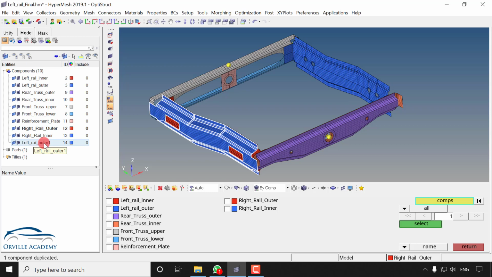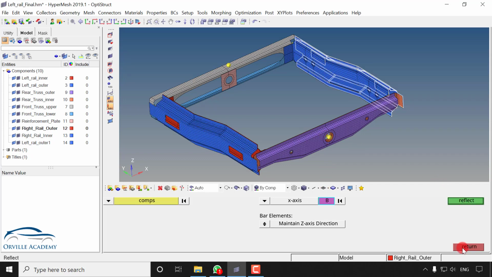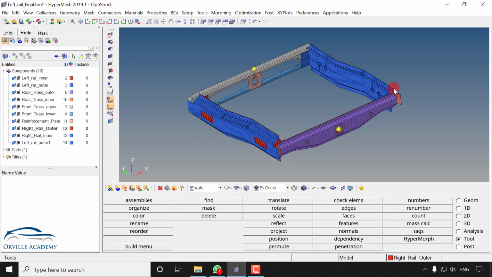See, again this is a bug in Hypermesh, because in the previous case it was asking me where I should put these elements and surfaces. But when I go for component reflection, he has created one component automatically. So again, let me go for return. Let me go for base point. Select this base point and then say reflect. And let's say return.